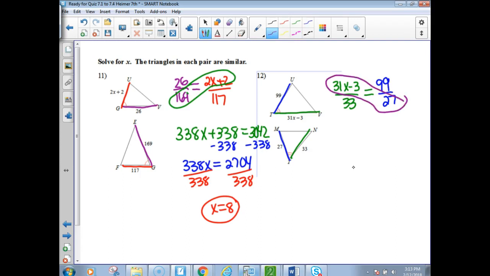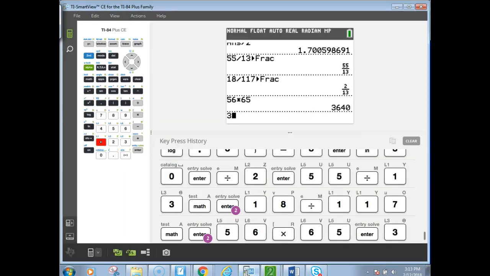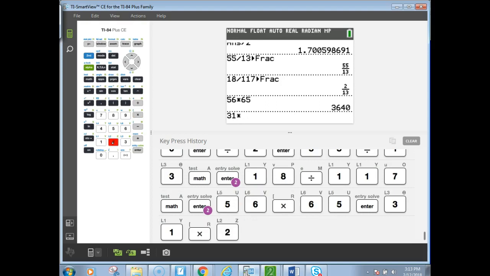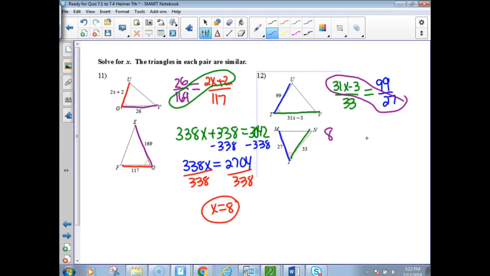Yuck. You can do some reducing. Maybe some of you have noticed that you could reduce this, and then your numbers wouldn't be so huge, but I'm just going with what's there. So what's 27 times 31? 31 times 27? Okay. 837x